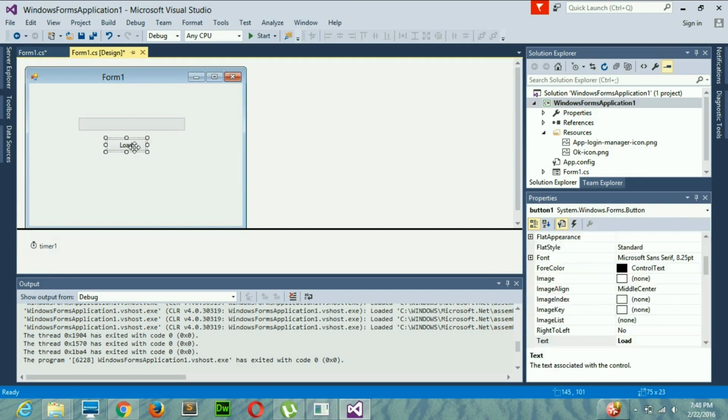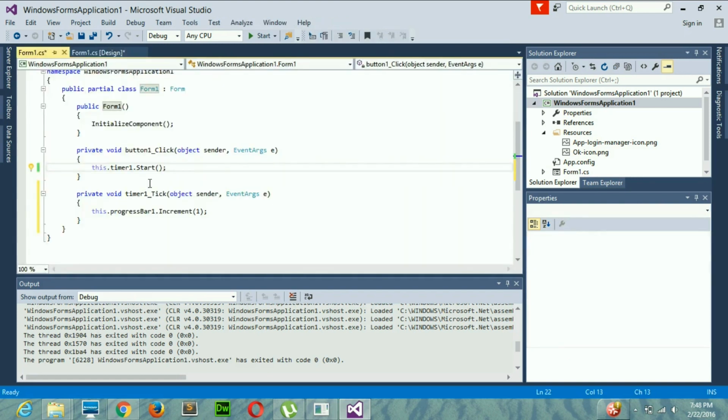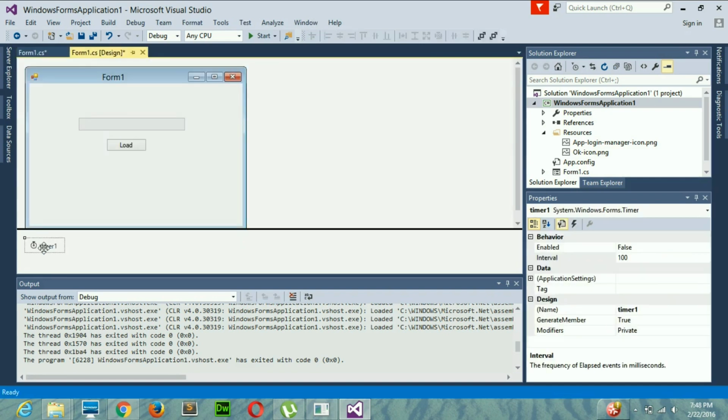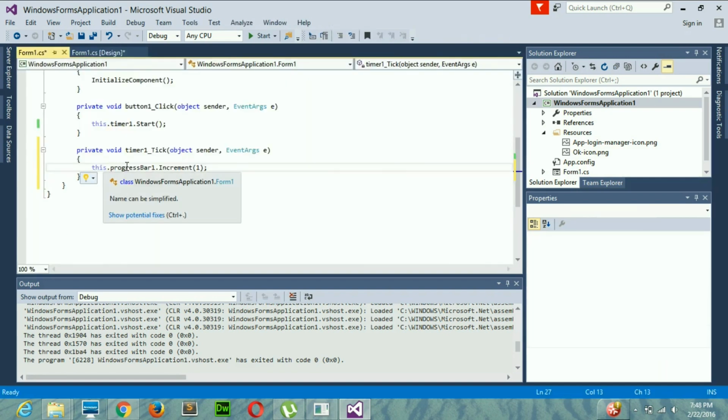Now I am again going to explain the code. Whenever I click this button, this timer will start, and then this timer will load the progress bar and start incrementing it.